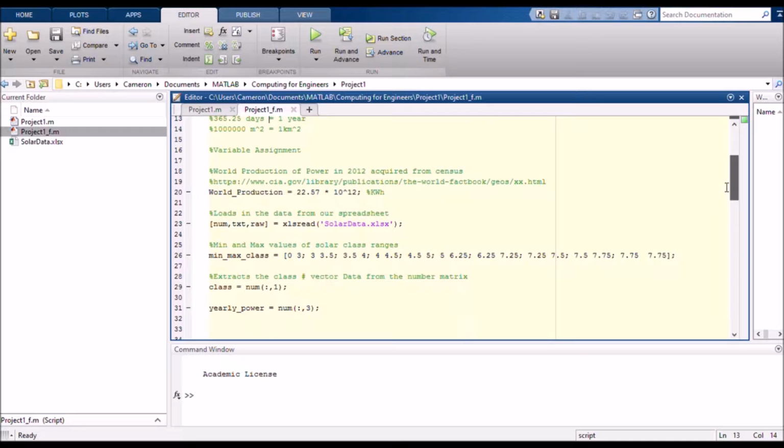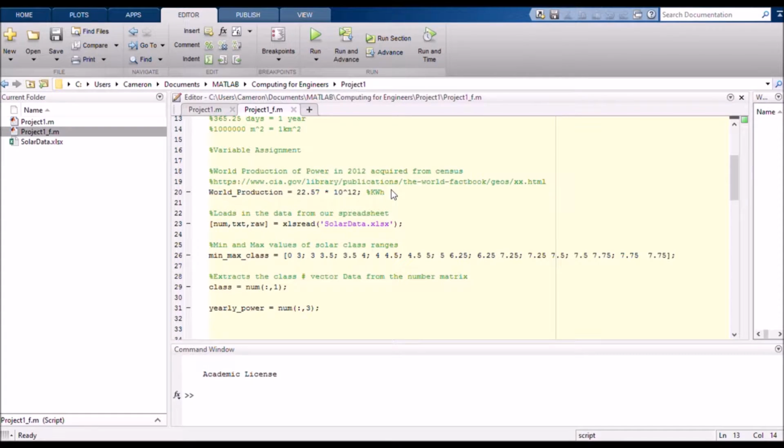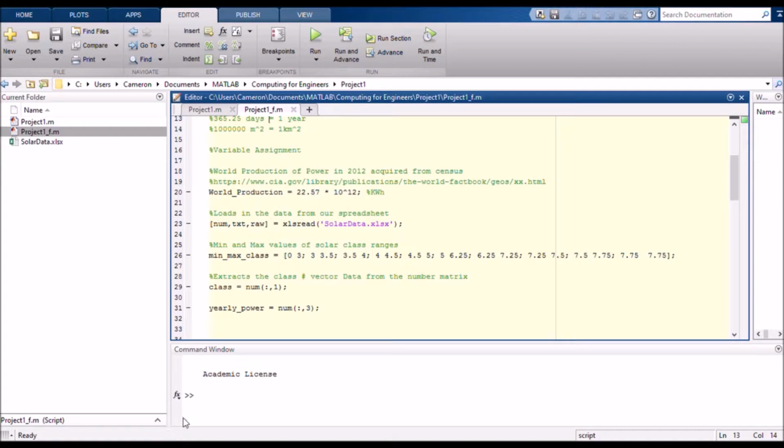Then we move on to some outside source data, and this is the world production of energy from 2012, the world census. I actually have this right here. If you look down at energy, the number of production is going to be 22.57 trillion. We're going to go over here, and that is the corresponding value. So that is our world production that we used to calculate all of this data. I'm sure it's a little bit off since it's somewhat far removed, so our program works better if this was the year